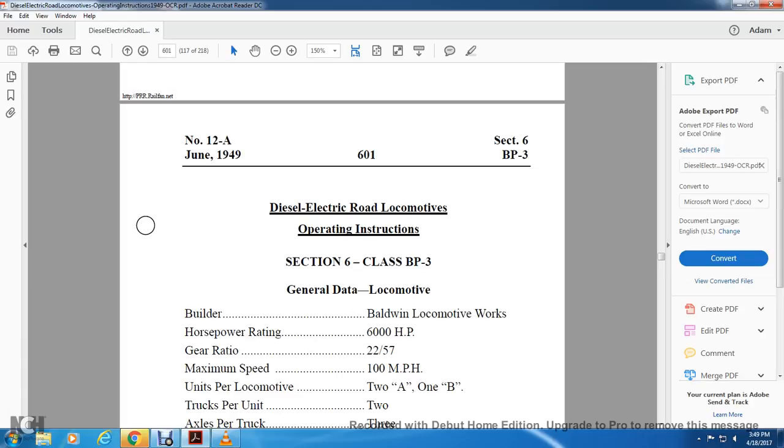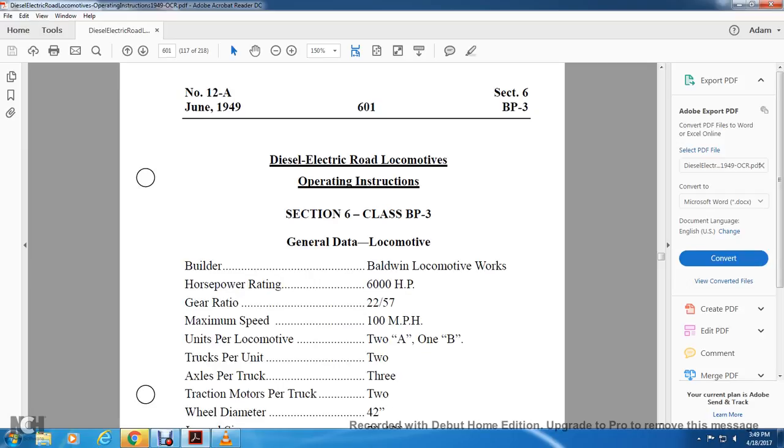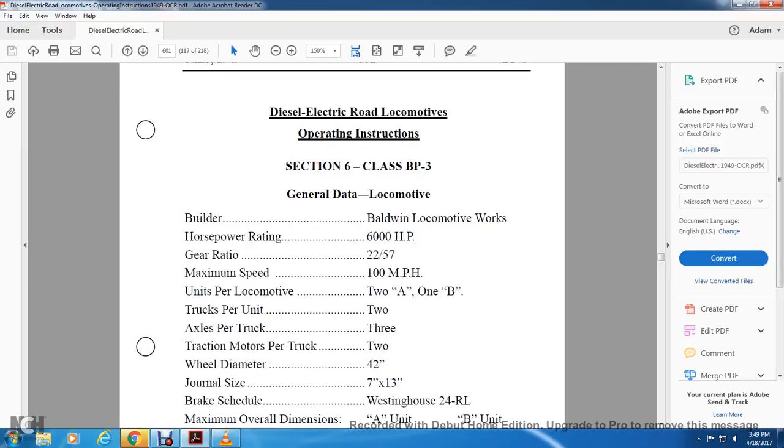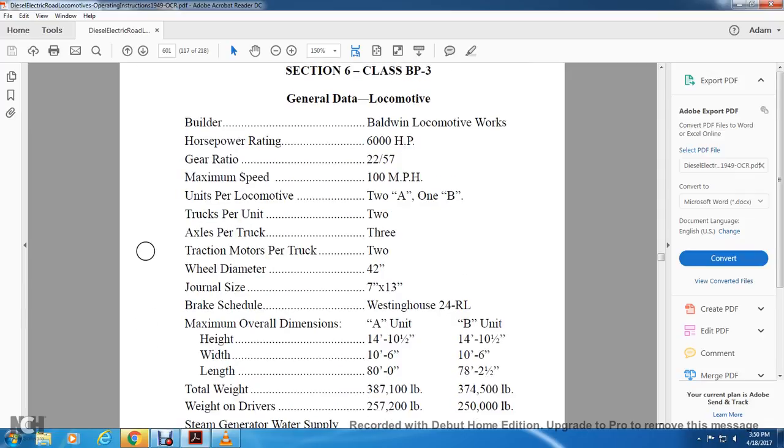Units per locomotive, 2 A units, 1 B. Trucks per unit, 2. Axles per truck, 2. Traction motors per truck, 3. Wheel diameter 42 inches, journal size 7 and 13 inches, brake schedule Westinghouse 24RL, maximum overload, overall dimensions, A